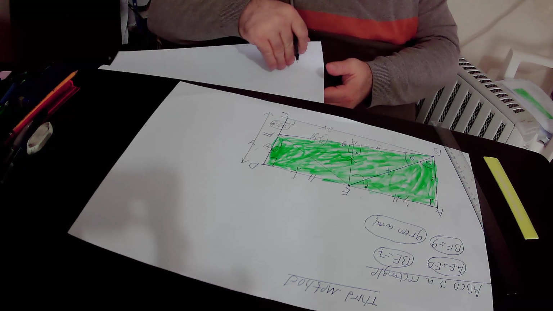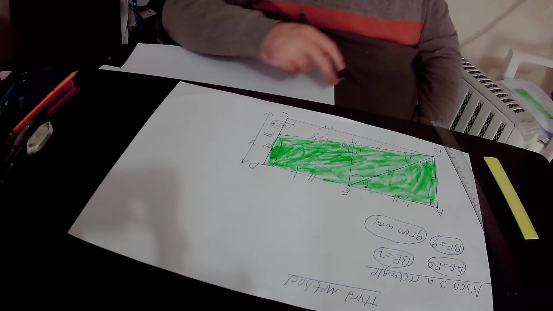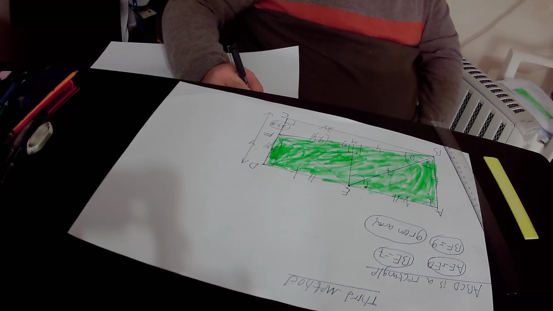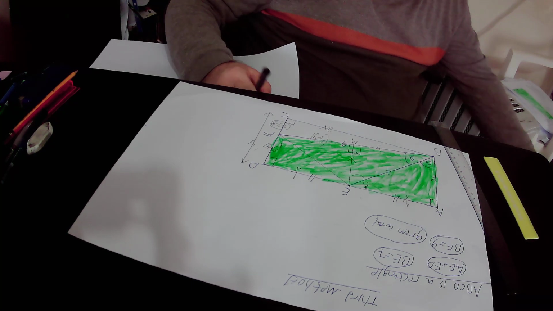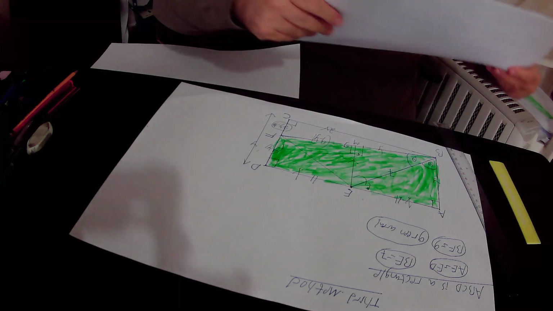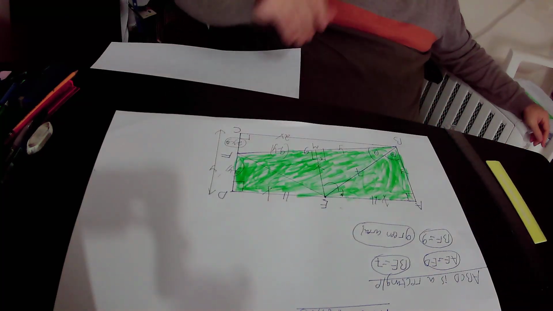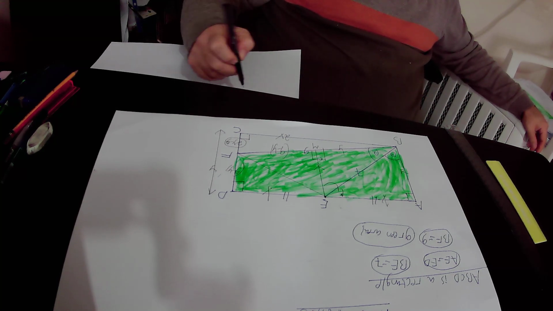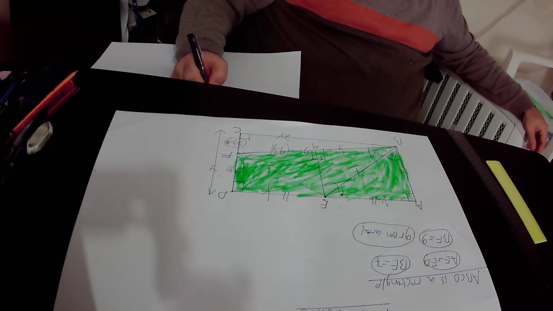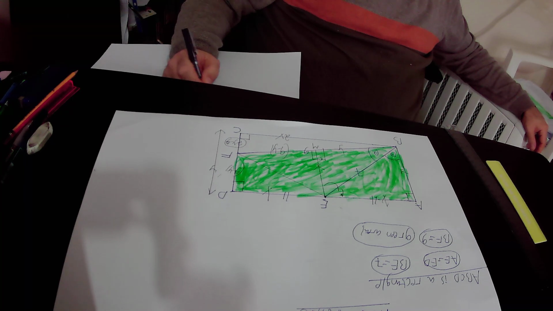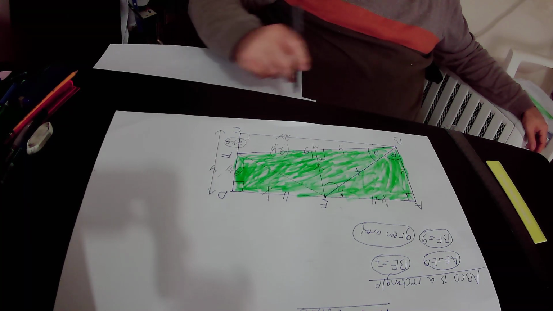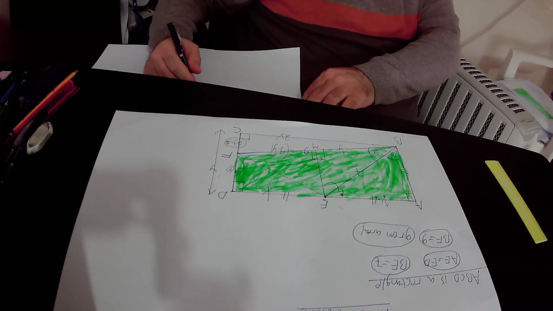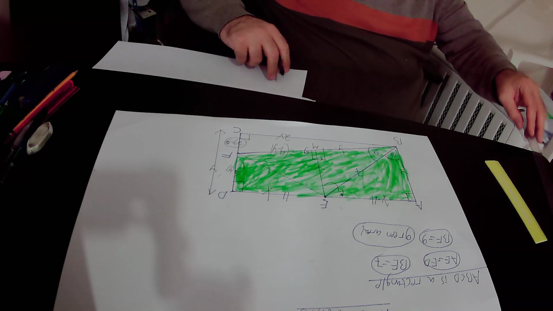The area of trapezoid BDF is equal to (AB plus DF) times AD over 2. So the area of the green shape